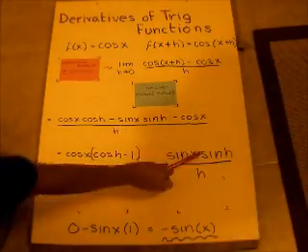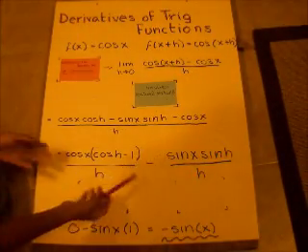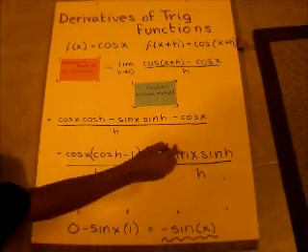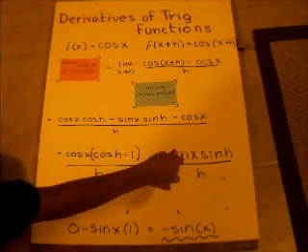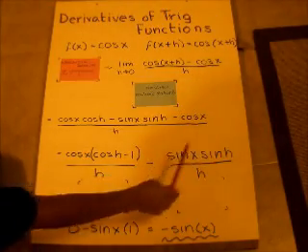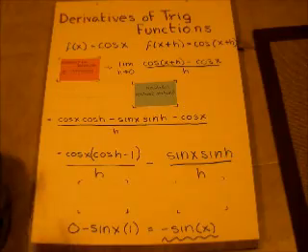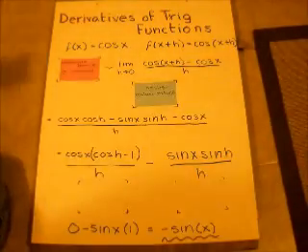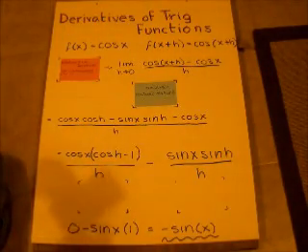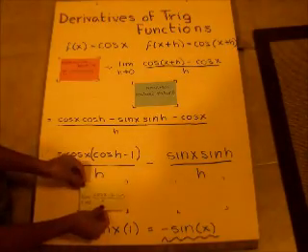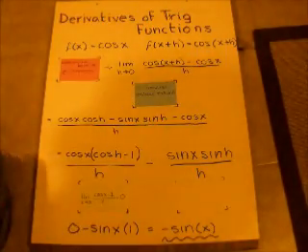And then the other side, minus, I separated these two, minus sine of x times sine of h over h. And the reason why I did that is because you have to remember your trigonometric limit identities, and it's going to be a lot simpler now